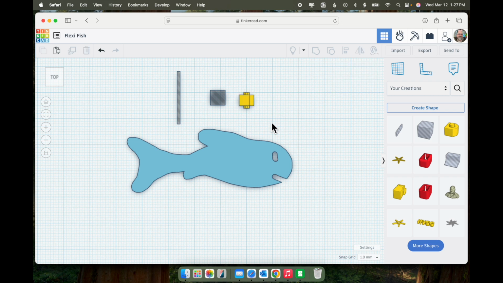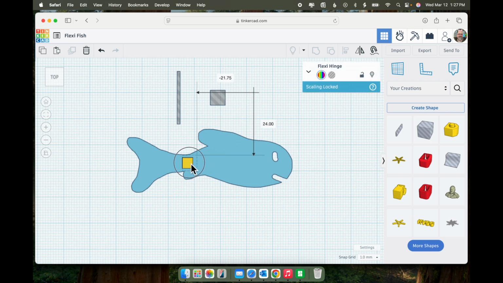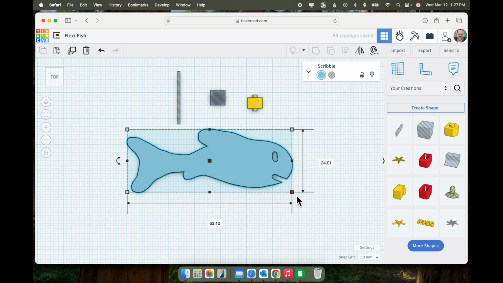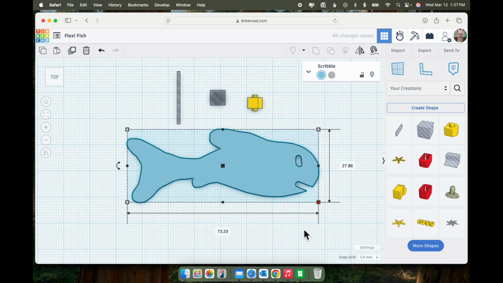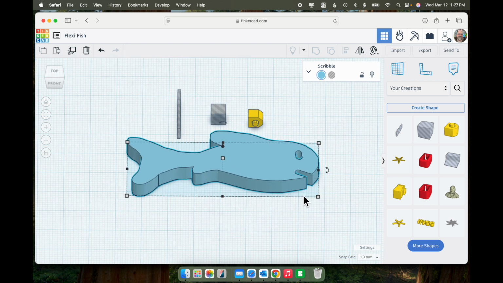Look at it from the top. And the hinge looks like it's barely going to fit in the tail. That's probably okay, but what I'm going to do is I'm going to hold down the Shift key and I'm going to make the fish a little bigger. And I'm holding down the Shift key as I drag so that it's enlarged proportionately. Now, because I've done that, it also increased the height, so I need to make sure to set the height